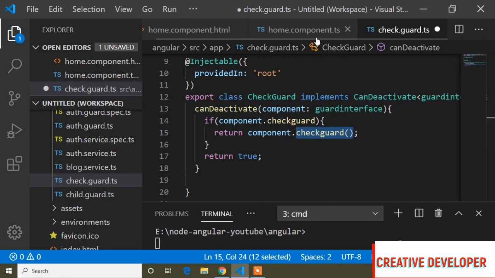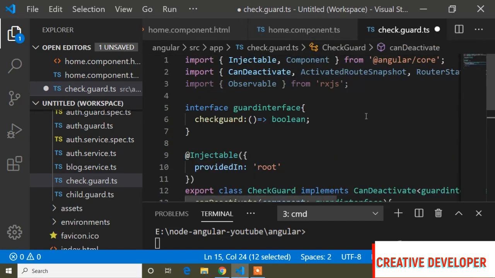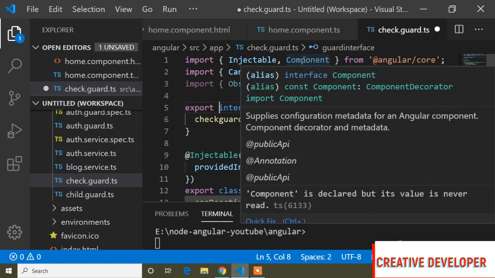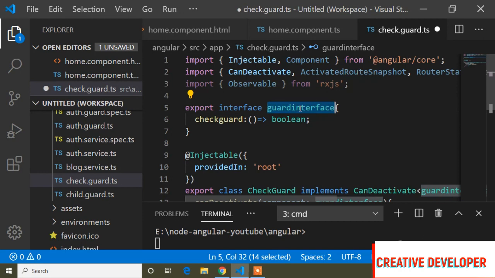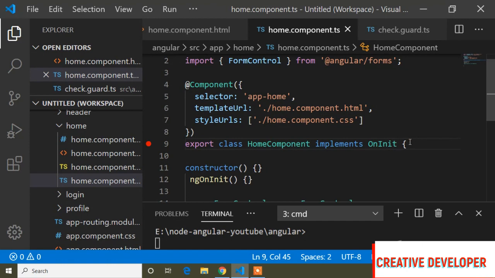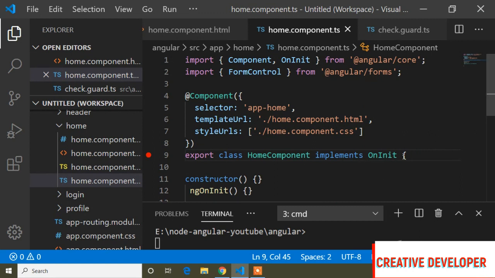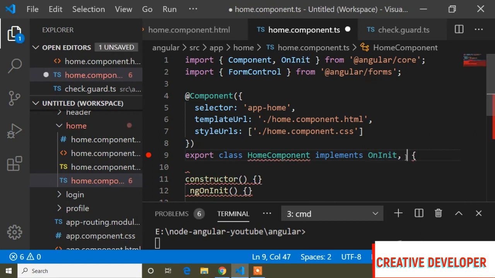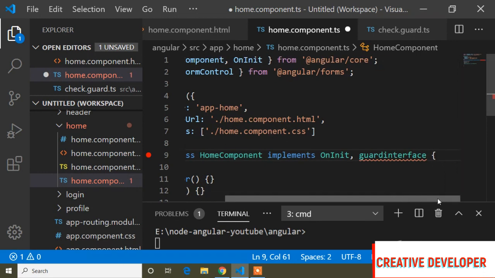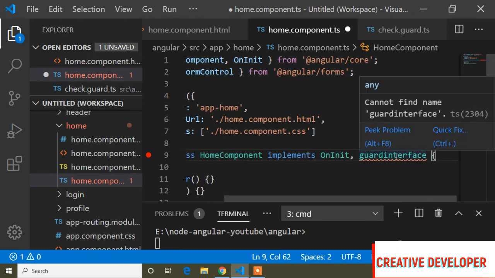So before using this checkguard, I have to export it, otherwise I cannot access this checkguard in any other component. So first of all I will export, and now I will use this checkguard in home component. So I will copy this guard interface, and here I will add comma, and I will paste this interface name guard interface, and now you can see it's showing error,